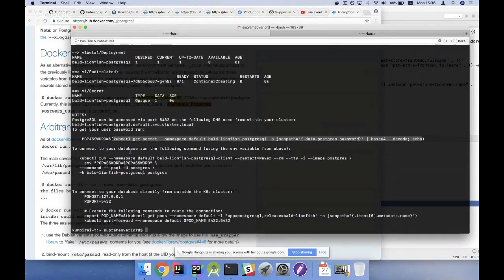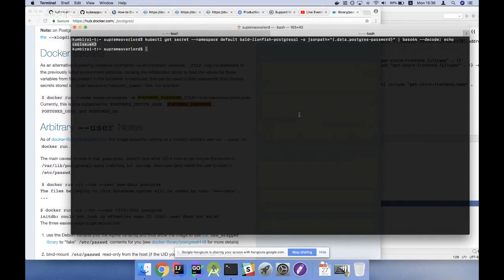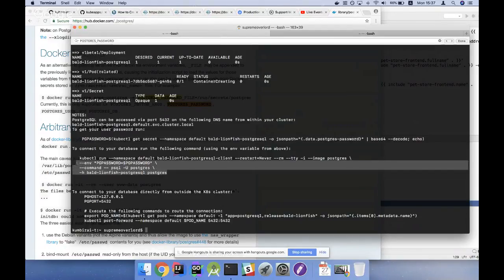And let's go back over here. So we actually want to set this to an environment variable. So let's go ahead and do that. Also echo PG password. Yep, that's it. And then if we run this, it should allow us to connect to the database, because we're just going to run a really simple container which never restarts and has an interactive terminal. It sets the environment variable PG password to PG password, and then it uses psql, which is a tiny little client, to actually access